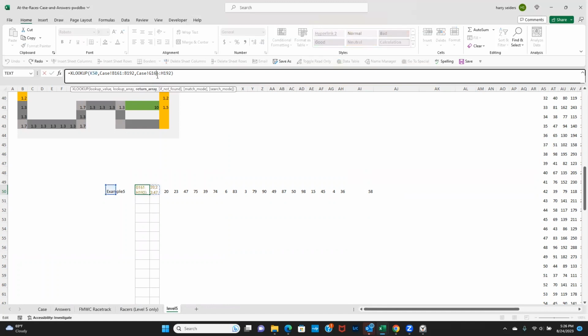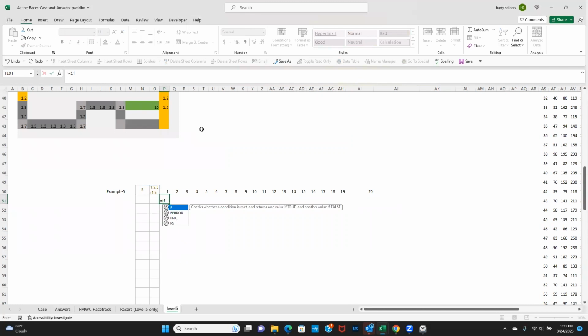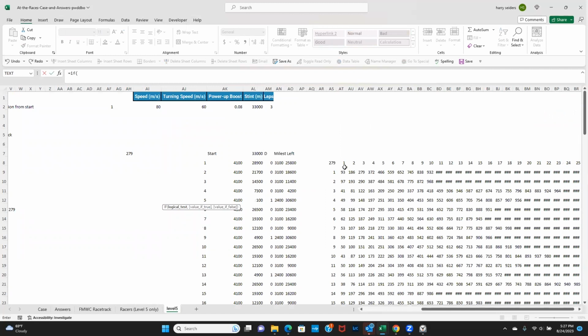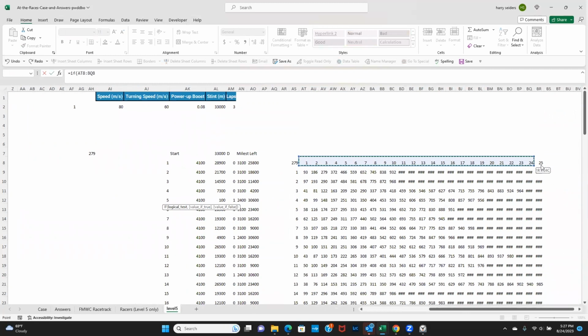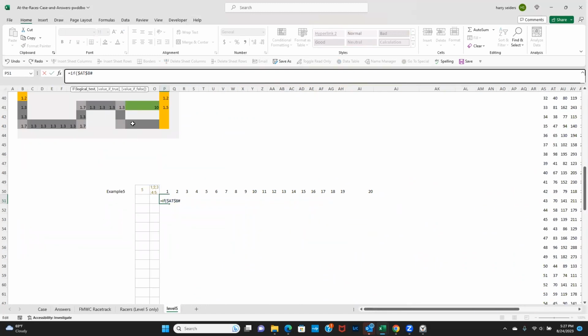And spill, we're going to G to H. Only 2 items. Oh, there we go. So now we know what column to do it on. So what I'm just going to do here is say I'm doing IF. So if my laps is equal to this,